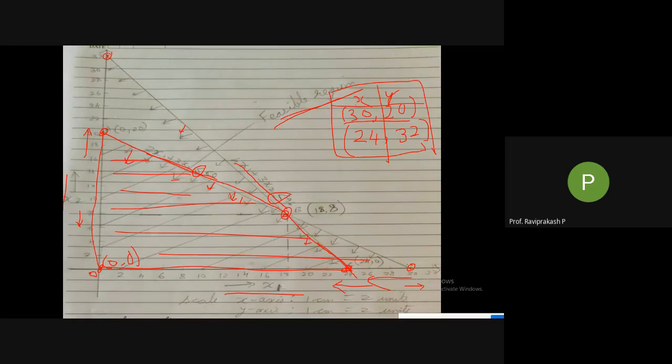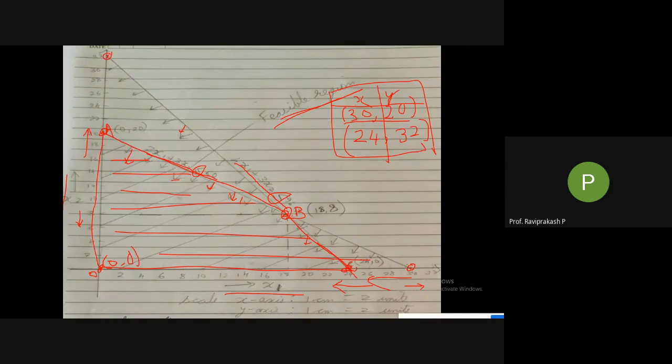At times it may so happen you might get a feasible region like this triangle. So here it becomes 1, 2, 3. Here you should take all the 3 because 0, 0 is not there. So here you can omit this origin, but I am getting 3 points. I am marking this as A, and here you can see B is written, this is B. You can name anything, I don't have any issue, but you need to mark A, and this point is B, and this point is C. I have marked C here, and we need to come up with the coordinates for this.